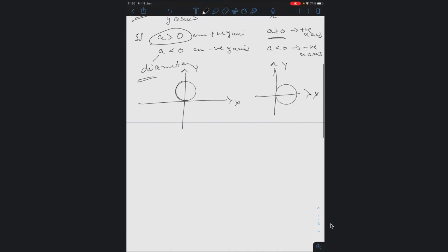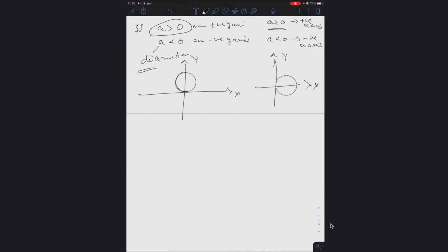Okay, so let us take an example here. Suppose r is equal to 4 sine theta. Let me calculate the center and radius here. For that, I'll multiply by r on both sides. If this is in Cartesian coordinates, it would be easy to tell the radius and the center. So I'm going to convert this into Cartesian coordinates. I have multiplied r on both sides. Now I can write this as r square equals 4r sine theta.